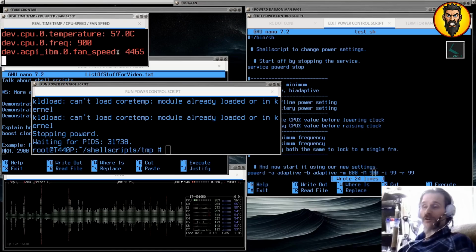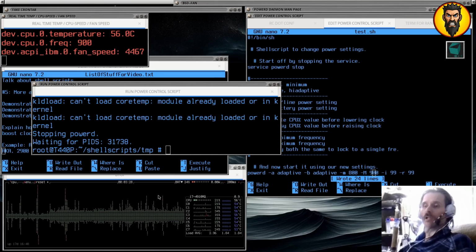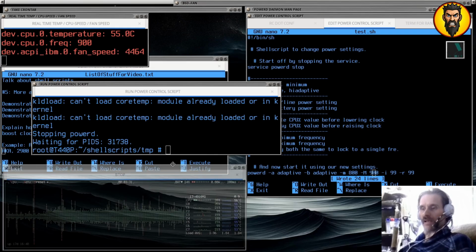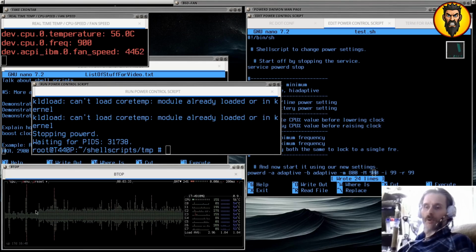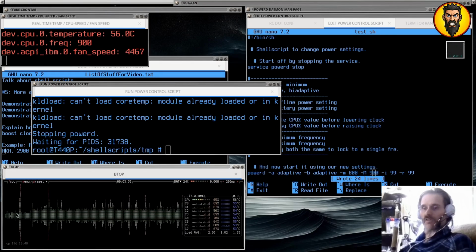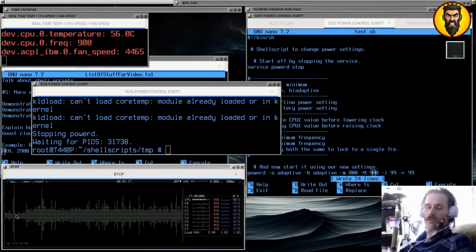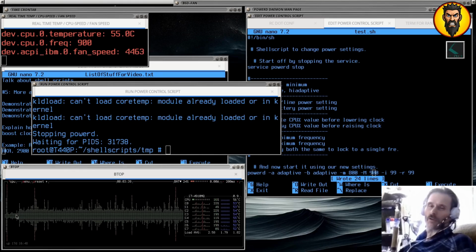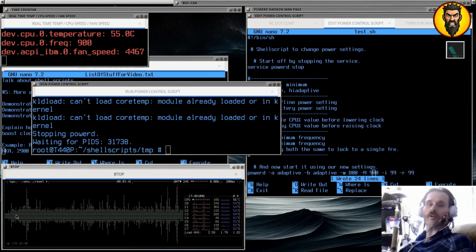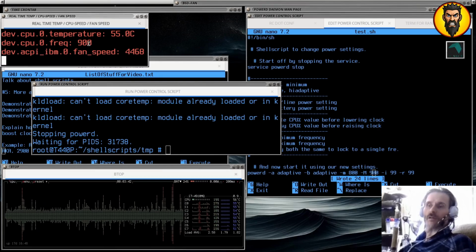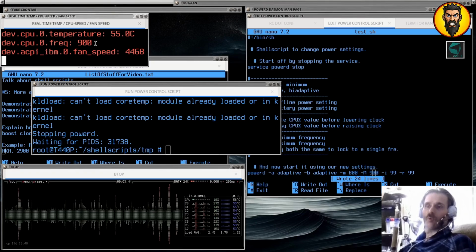But right now there's enough load. If you look at our little display that I have down here, what's interesting about this is you'll notice at higher clock speeds, it appeared like there was less load on the system. And what that's really telling you is how many free clock cycles there are. So at a frequency of 900 megahertz, 0.9 gigahertz,